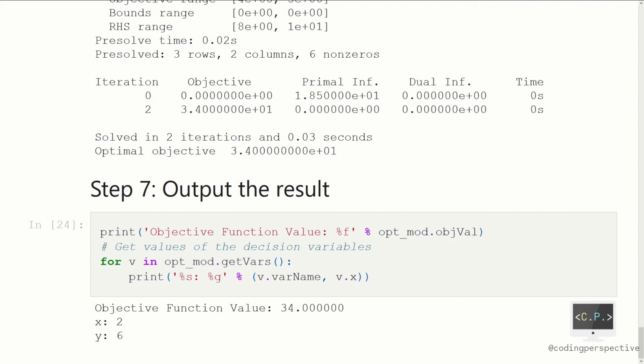To do that, we will use objVal and getVars functions respectively. Since we have more than one decision variable, we use a loop to print them all. When we run the code snippet, the code output is the following. Our optimal objective function value is 34. The decision variables x and y are found to be 2 and 6, respectively.